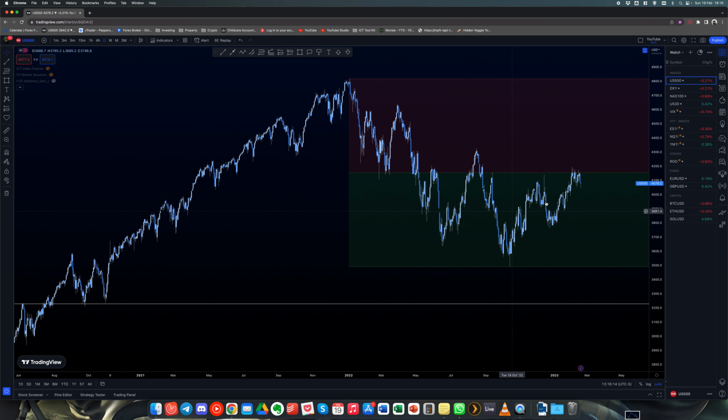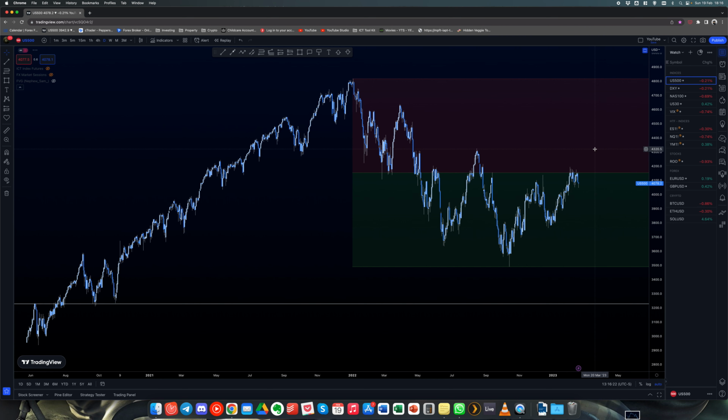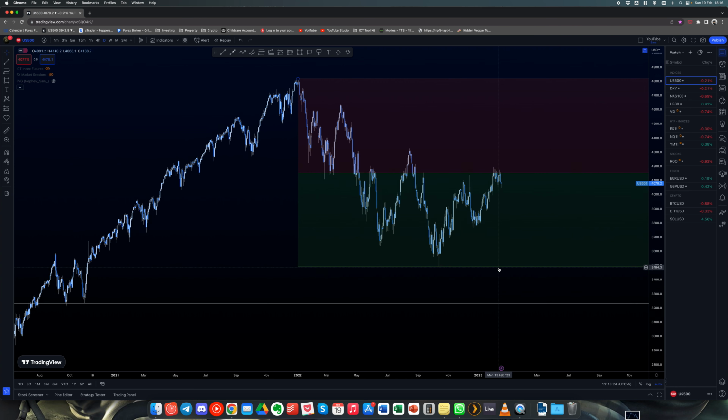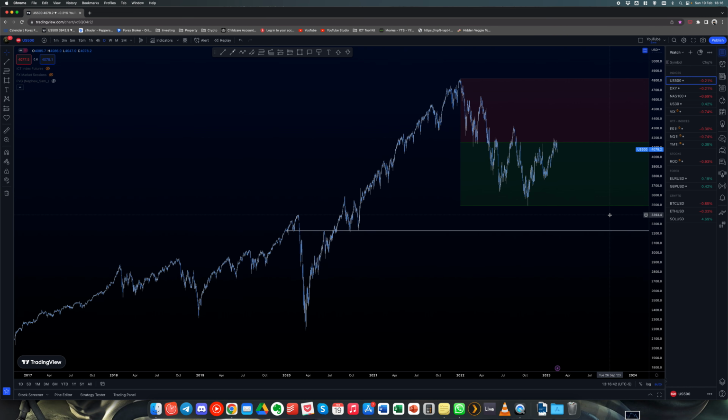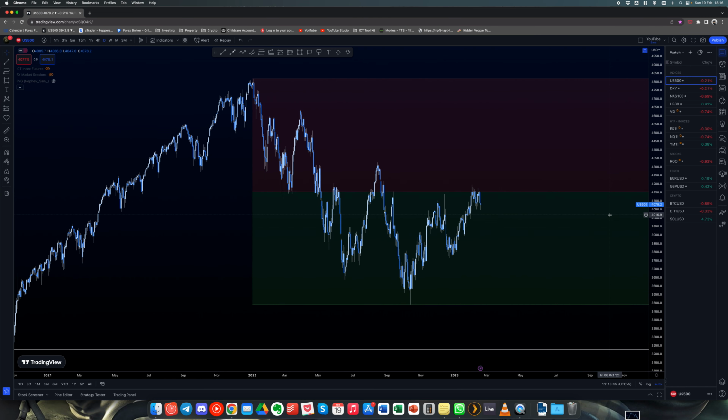So this looks like an inverted head and shoulders, and I want to say that it's not going to go higher, because I desperately don't want it to. I want to see prices come down here, at least to this high here, and take out the liquidity here, and give me an opportunity to unload some size in my stocks and shares ISA. So, excuse me, that's the overall scope of the macro.